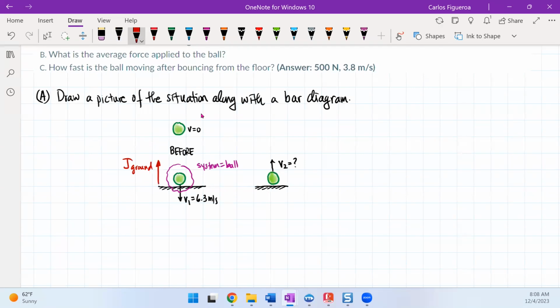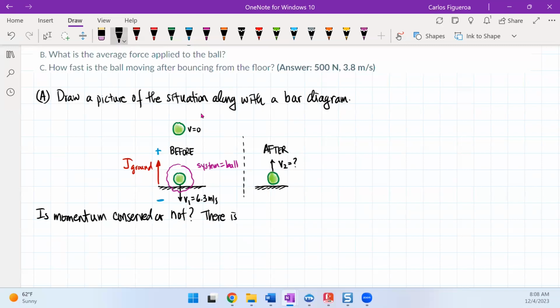So therefore, if I pick my signs as this being negative and this being positive, and by the way, this is after the collision, then if we ask the same question that we started off with, is momentum conserved or not? The answer is that there is an external